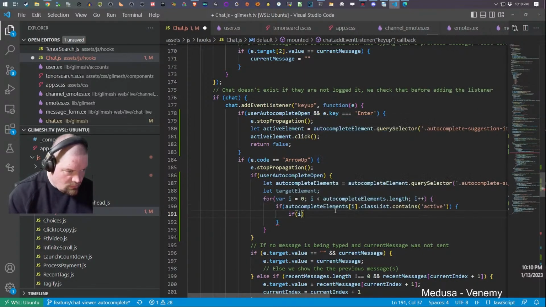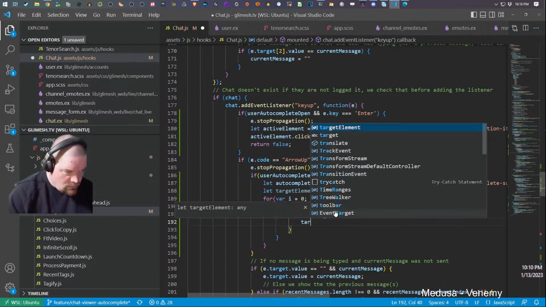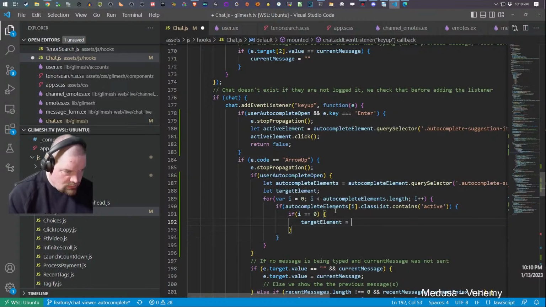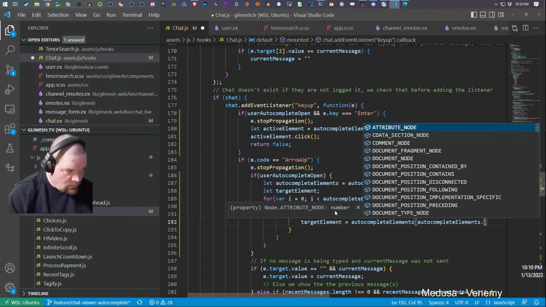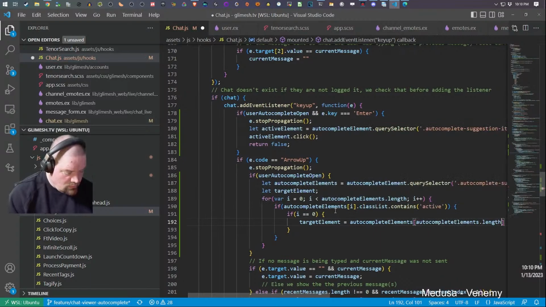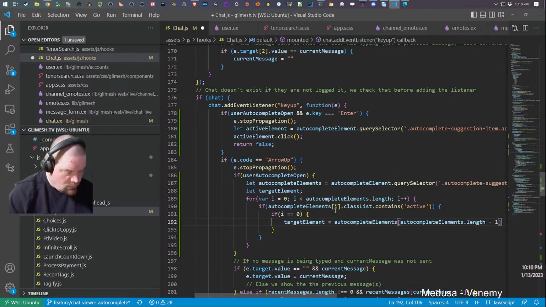If I greater than or equal to I equals 0, then target elements equals autocomplete elements, autocomplete elements dot length minus 1.